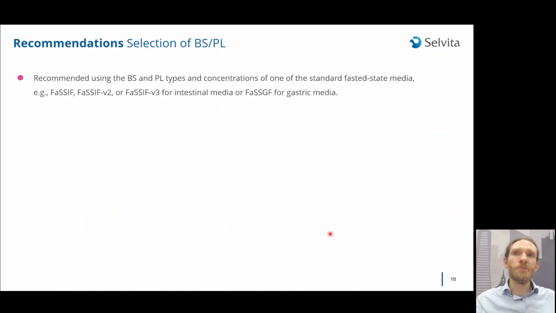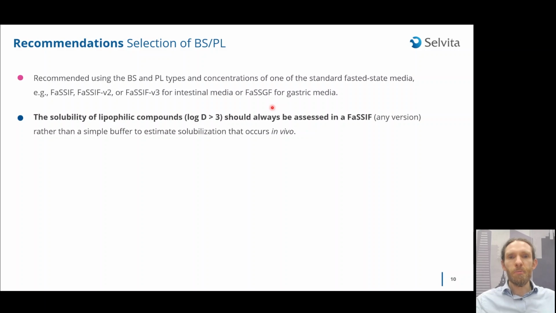So it is recommended to use bile salts and phospholipids of any type and concentration that are representative of the standard fasted state media, whether this is FaSSIF version 2 or FaSSIF version 3 for intestinal media, and FaSSGF for gastric media. The solubility of lipophilic compounds of log D